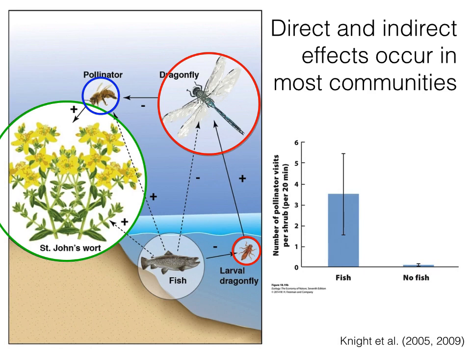The graph shows the number of pollinator visits per plant between ponds with fish and without fish. And what you can see is that in ponds with fish, the number of pollinator visits was vastly increased and significantly higher than that of ponds without fish. And this makes sense because, of course, in ponds with fish, those fish will consume larval dragonflies, which will then produce fewer adult dragonflies who,